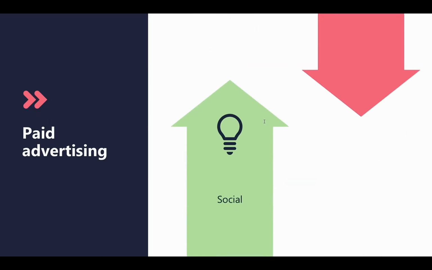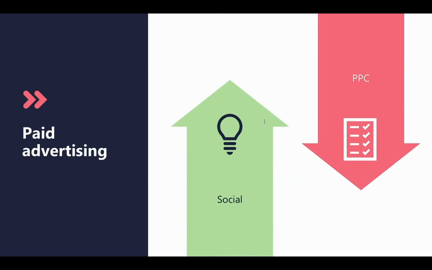Then you have paid advertising, which I've kept separate. So you could, of course, do your social paid advertising and then your PPC. You might decide to run a campaign to try and target relevant affiliates. You might decide to remarket to all your site visitors, remarket to all your ad engagers on social, just to try and find people that are willing to join your program.